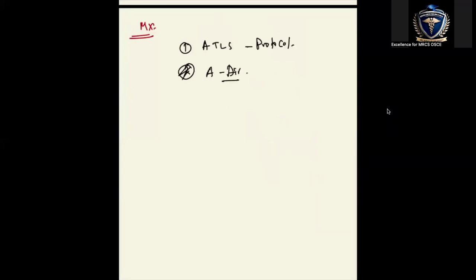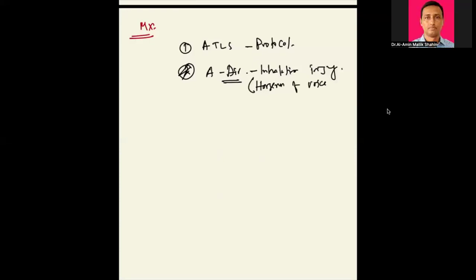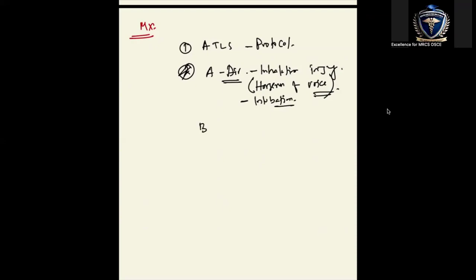So what are the things we look for in the airway? Especially inhalation injury, right? There might be hoarseness of voice. In that case, there might be need of intubation, because of laryngeal edema. Second thing comes to breathing. If there is a huge burn of the trachea